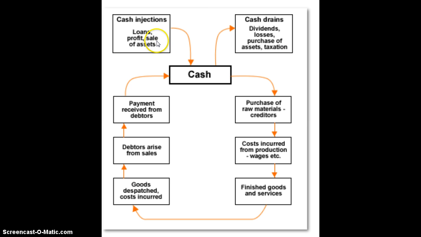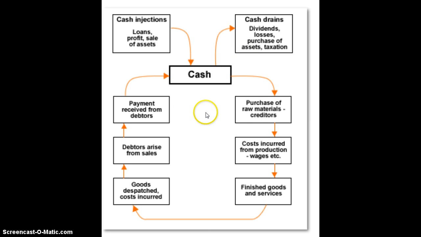If you recall the finance depreciation, some businesses do have to purchase new assets in order to replace the old ones, and sometimes the business may have to sell extra assets for more money. So now that we have an understanding of cash injections and cash drains,